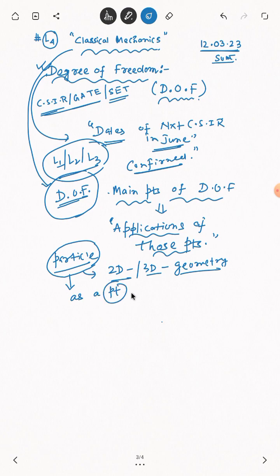So particle is something like a point, পয়েন্টের মতো ধরে নেওয়া হয় পার্টিকেলটা।